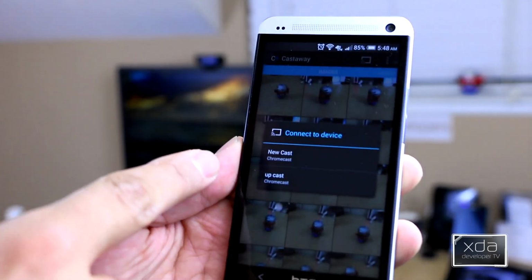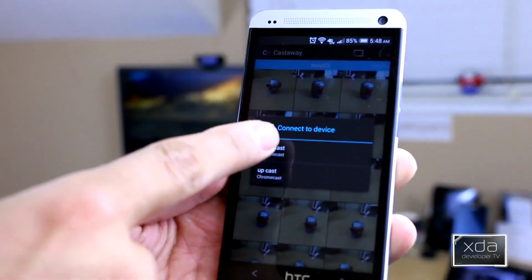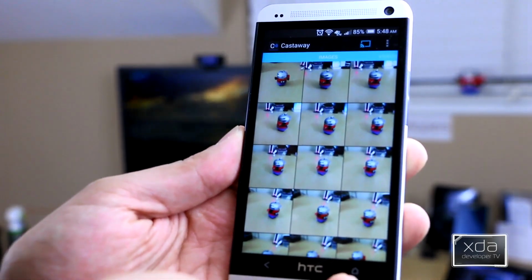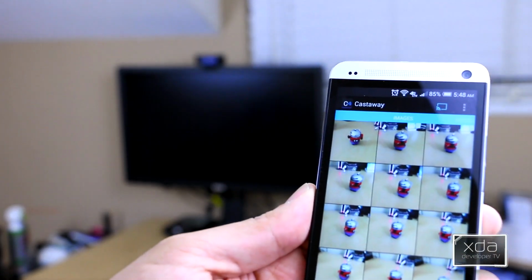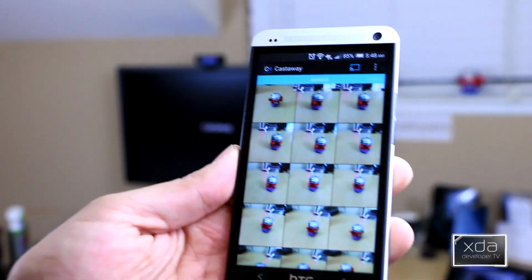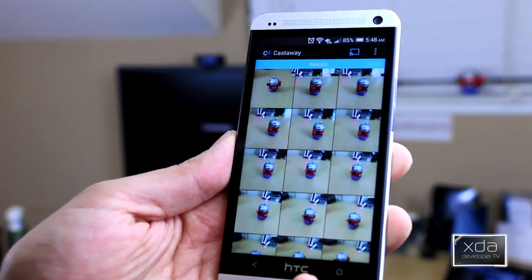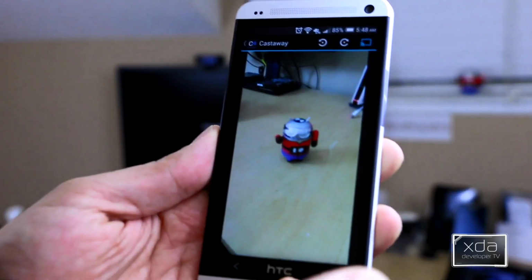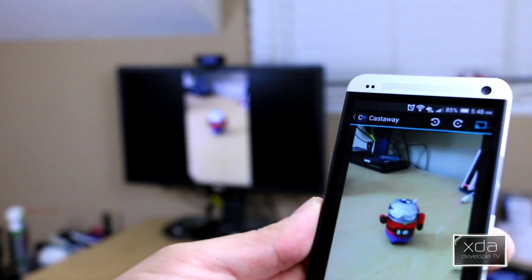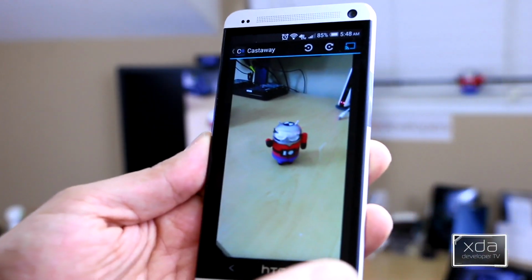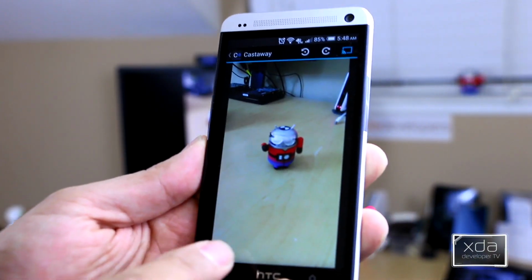And then I have two Chromecasts connected to my network right now. So I'm just going to say new cast. And then you should be able to see here in the background. I already changed the texture in the back. So you get to see basically exactly what it is. And if I want to cast a picture directly out of my phone, it goes directly, and it will go closer as far as the hands-on with the actual application itself.